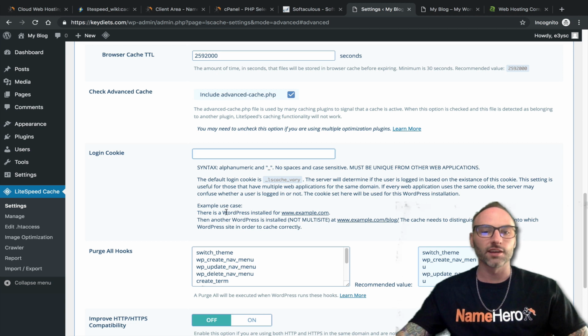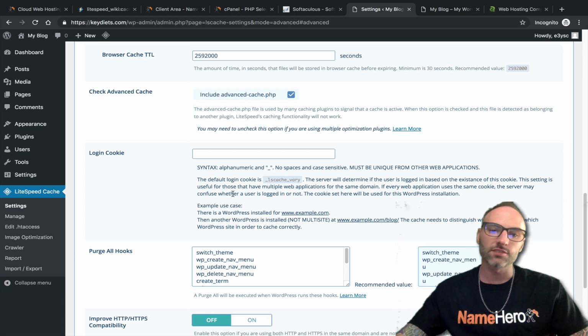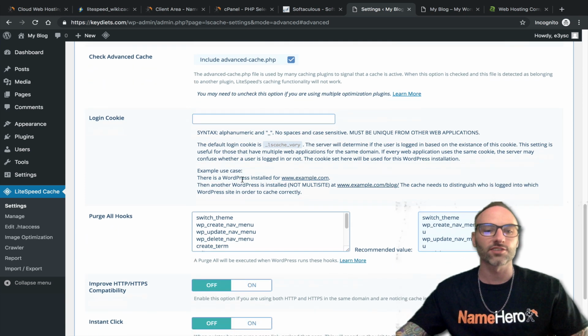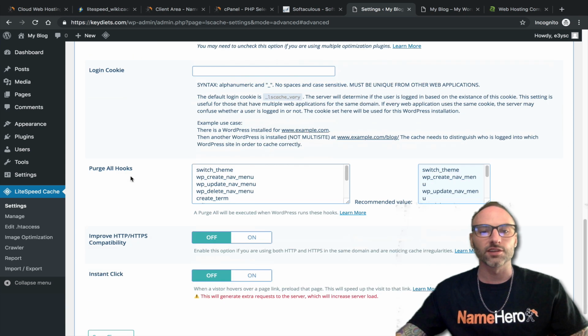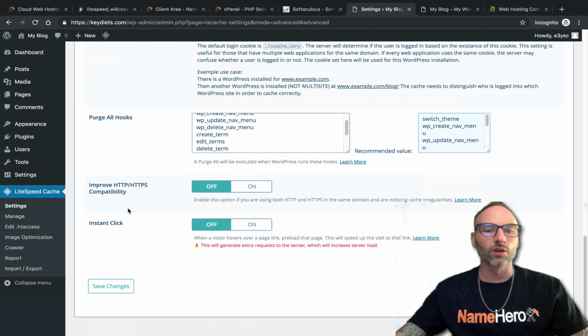you can see there's stuff in here about there's a WordPress installed at example, another WordPress installed at /blog. The cache has to distinguish which site they're trying to access. So this is for dual installs of WordPress under the same directory. So again, it gets a little bit more complicated with login cookies, but you can just leave it all default and test your site first. And of course, we can do purging the hooks of the site, as well as improving